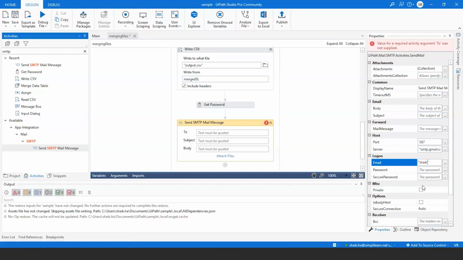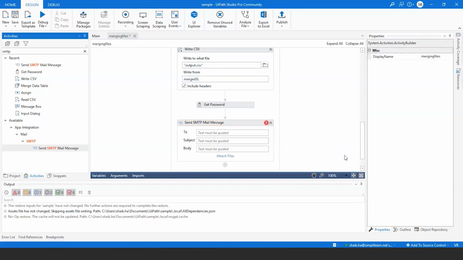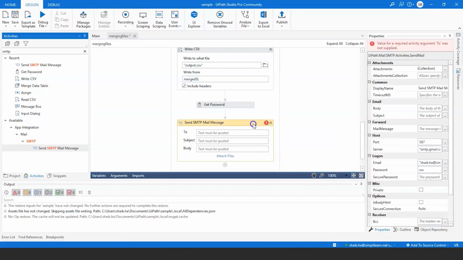I'll enter mine. Once you enter the email ID, enter the password that we had created. So that's done.